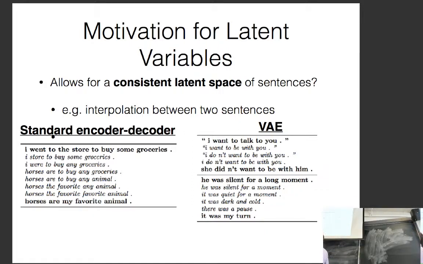So what they did was they basically took two sentences, interpolated between the vectors of these two sentences, and then tried to generate new sentences. With the standard encoder-decoder model, the sentences are: I went to the store to buy some groceries, and horses are my favorite animal. And if you interpolate, you get: I store to buy some groceries, I were to buy any groceries. Horses are to buy any groceries, horses are to buy any animal. And then for the VAE,